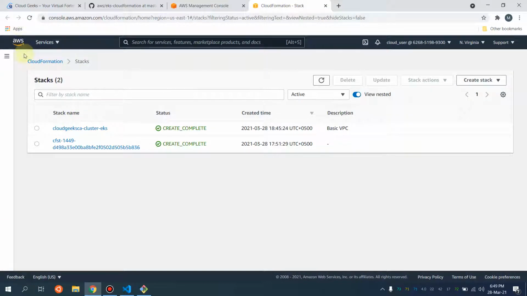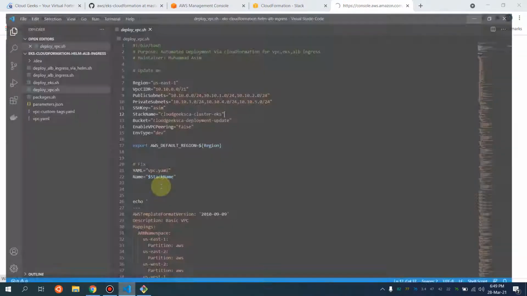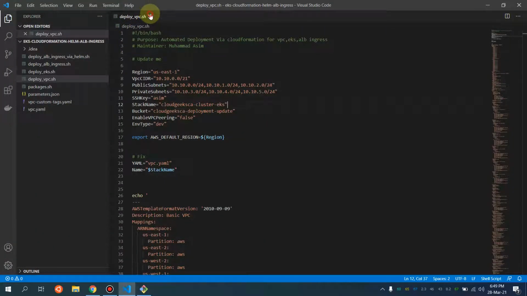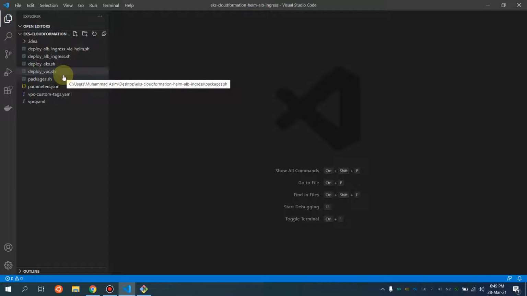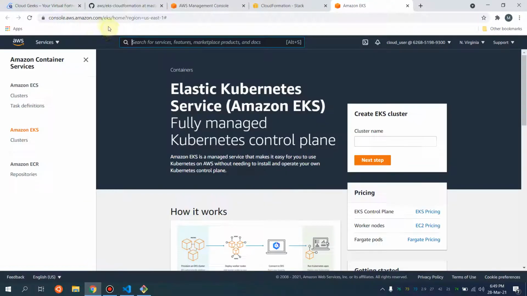If I navigate to the EKS cluster, the code for it is also going to be a bash script. Let me show you that. This is the form you just have to follow according to your needs. I should tell you from the start that this tag name should be the same as your